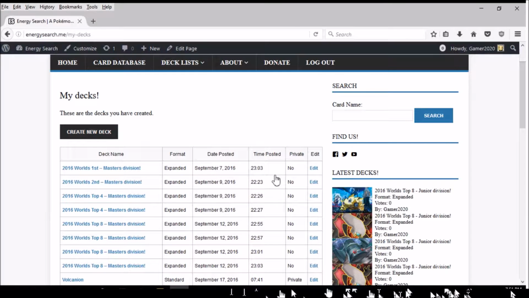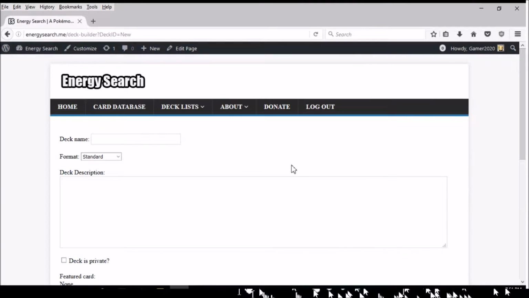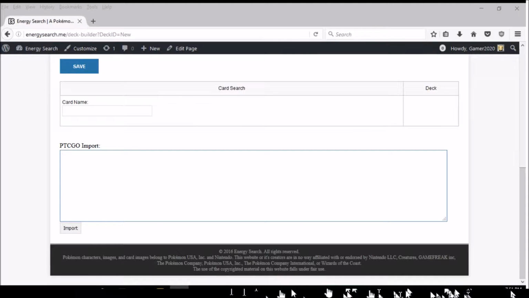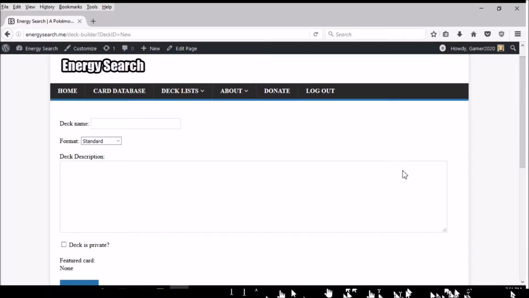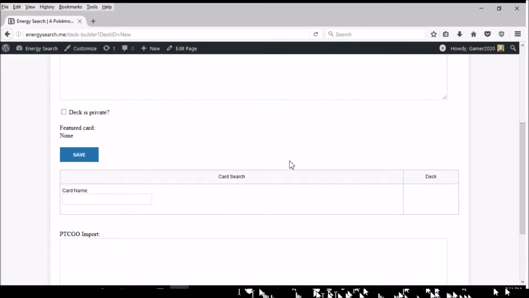I'll go to create a new deck, and one feature that I like, which I should have started PTCGO before this, is that you can actually import a deck right from PTCGO into here. You can put things like a deck name, the format, put a description of the deck, put if it's private or not. And then if you want to add a card to the deck, let's say you want